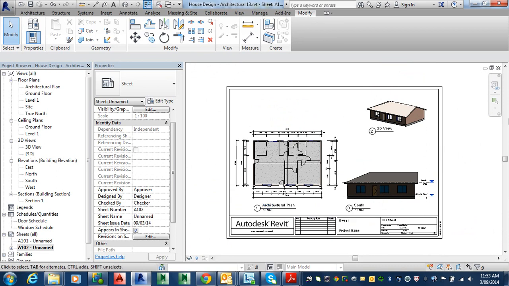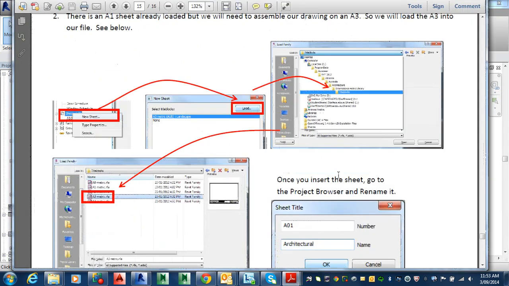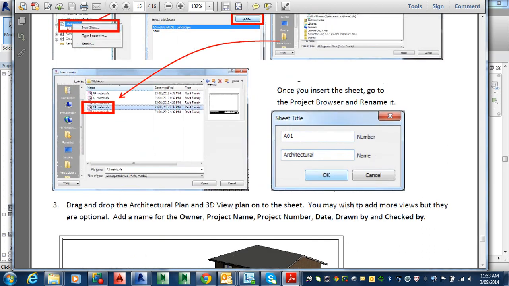Alright, so what it's saying, if we look at step 4 here, step 4 is go in and add the name for the owner, the project name, the project number, date, drawn, whatever, checked. And also name the sheet here. Once you insert the sheet, go to the project browser and rename it to be that. Alright, so let's go to the project browser. So if we go to Revit,